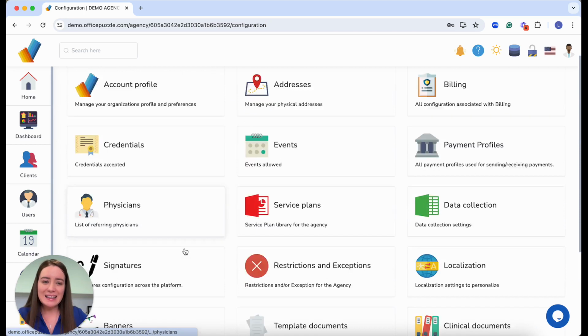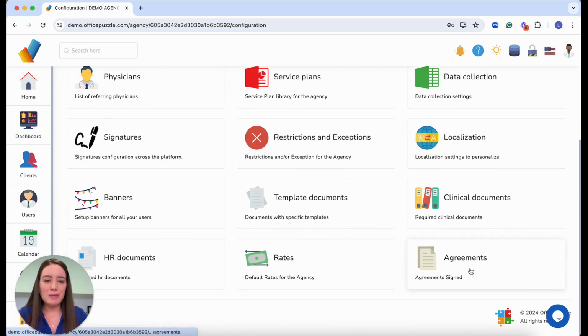And with that, I think we reached, well, no, we also have agreements. Here's where you're going to find all the agreements that you signed. And rates, this is linked to payroll as well. If you have specific global rates configuration, think for a second that all your technicians have a